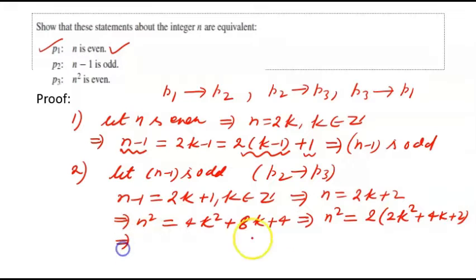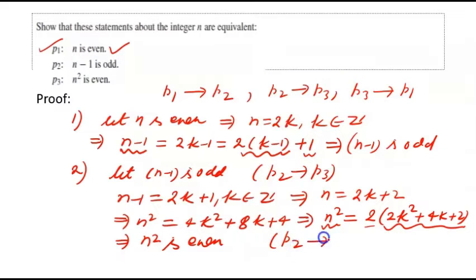Now from this we conclude what? That since n square has been written as twice of something, and this is nothing but an integer, because if k is an integer, this also will be an integer, so we can conclude that n square is even. So we have shown that P2 implies P3. So we have shown P1 implies P2, P2 implies P3, and the third part, because we don't have space here in the bottom, I am writing the third part here, that we have to show